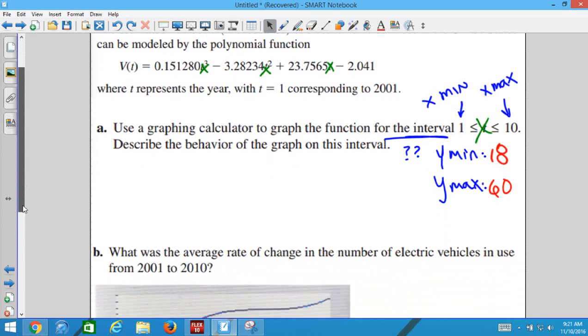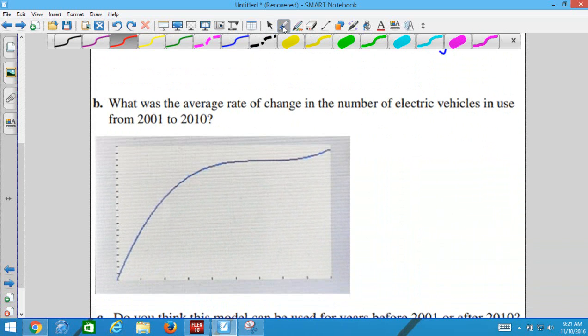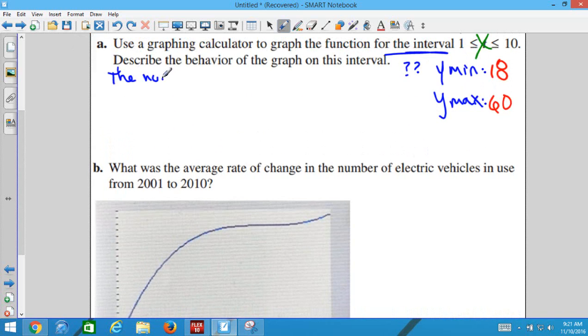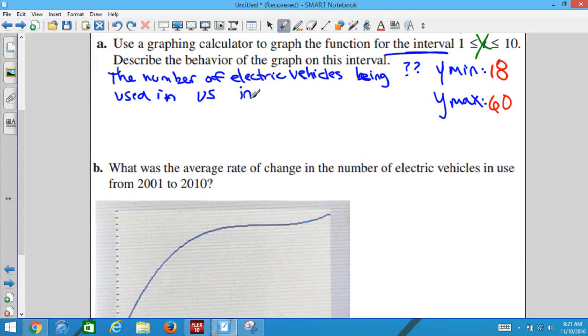So you might say, use of electric vehicles, the number of electric vehicles being used in the U.S. increases from 2001